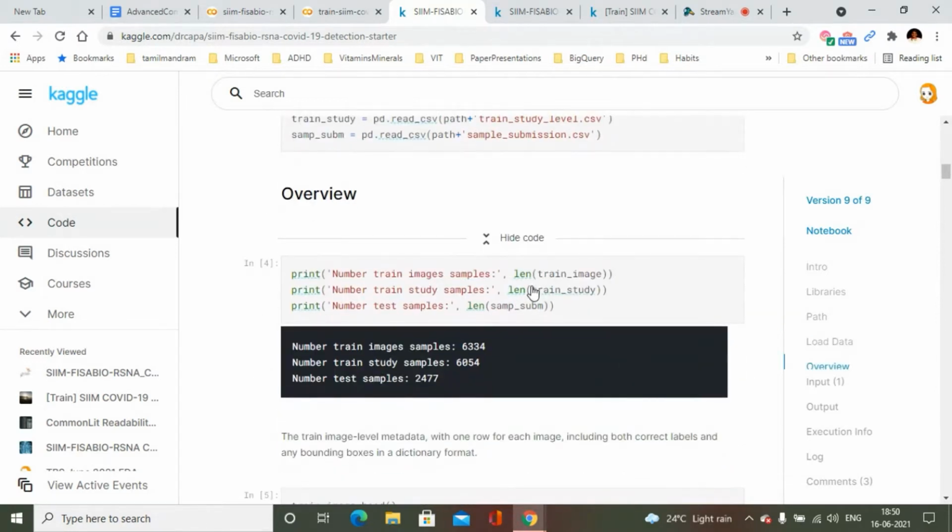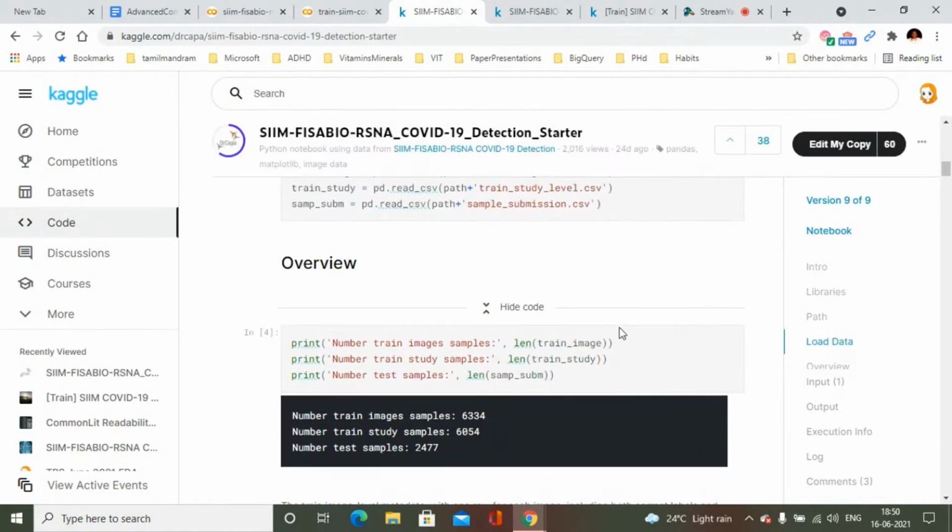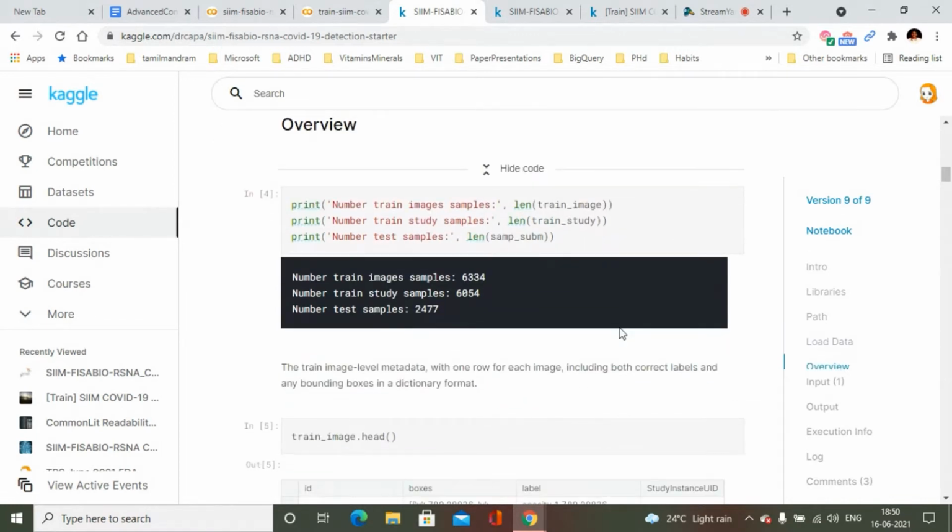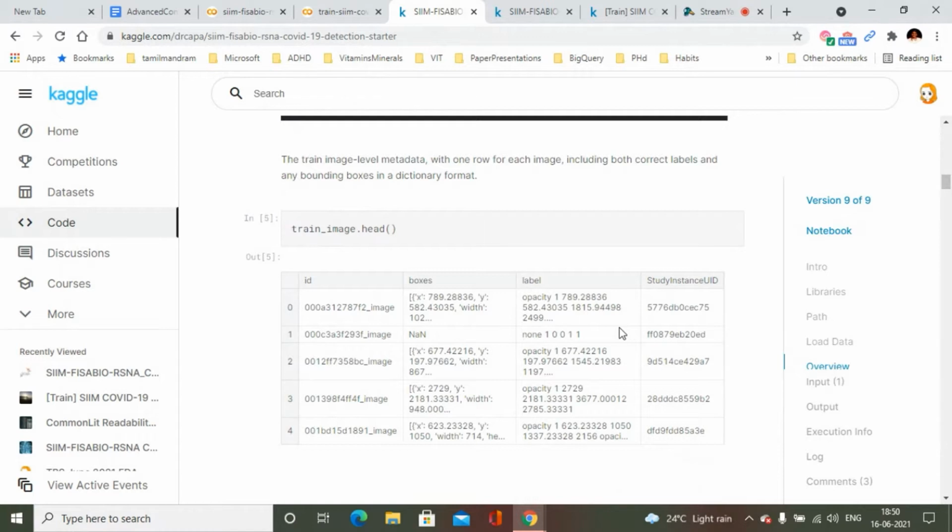Then we check the length of train, how many images there are in the training. We have around 6,334 images for training, around 6,054 images for study level, and around 2,477 images for testing our model.